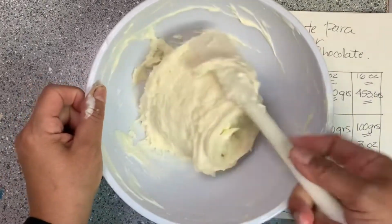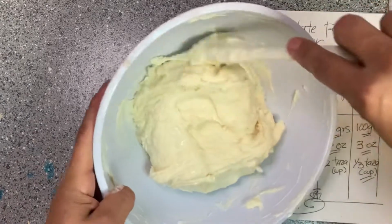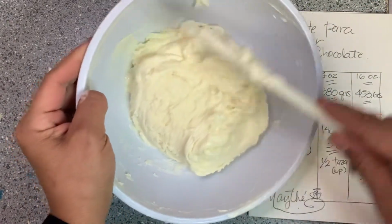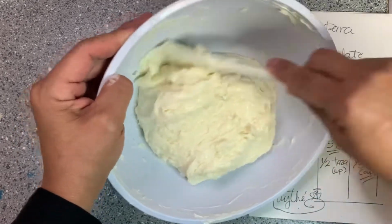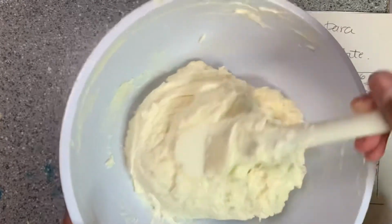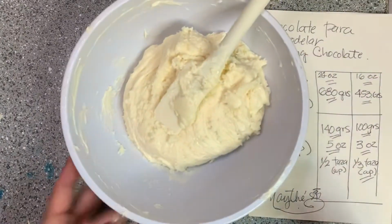and that's it. It looks like a batter, and it almost doesn't stick in the bowl. So that's it. This is the consistency that you're gonna get. Stop right there, and then